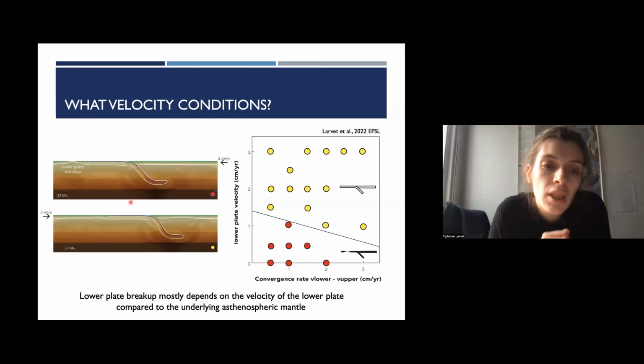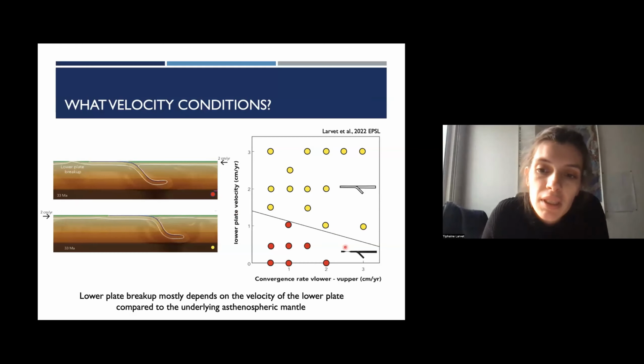The first one is the one that I showed you just before, where the convergence velocity is applied to the upper plate, and in this case we see lower plate continental breakup. In the second simulation, I apply the convergence velocity to the lower plate, and in this case we do not observe lower plate continental breakup.